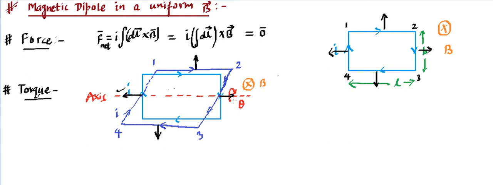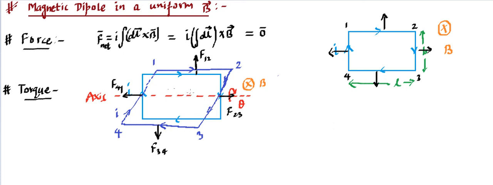This force and this force will not give any torque. Let me give the names. We say this is a force F12, and this is a force 3-4, and this is a force 2-3, and this is a force 4-1 or 1-4. Now you'll find this 1-4 force and this 2-3 force are going to be equal and opposite, and they are not going to give any torque because their forces are passing through the line of this axis. However, these two forces' lines of action are not passing through the axis of rotation. Their lines of action are not crossing this axis of rotation. So they will be giving the torque.